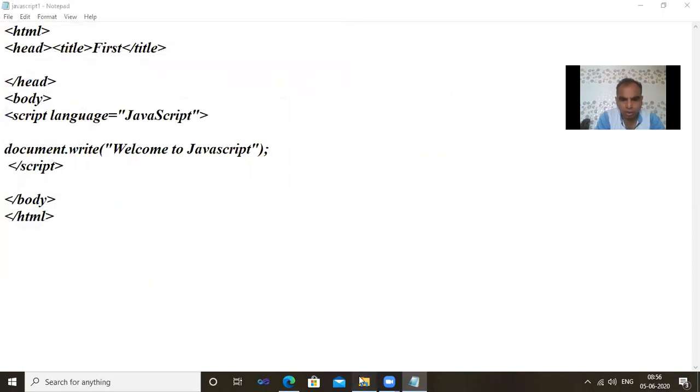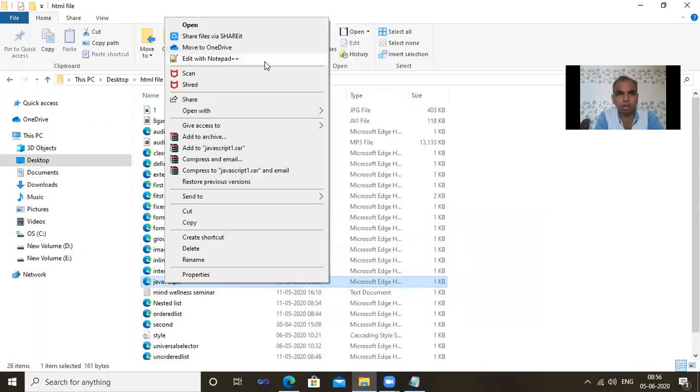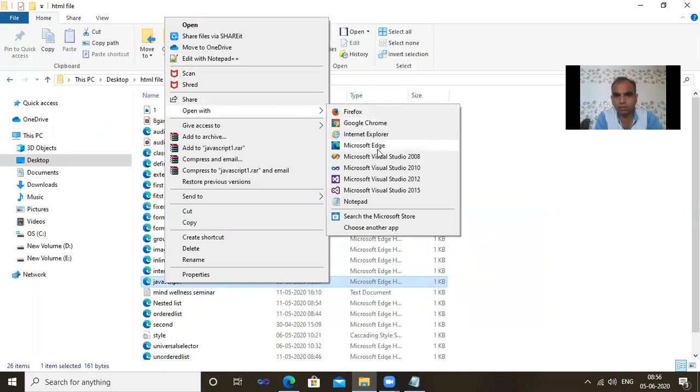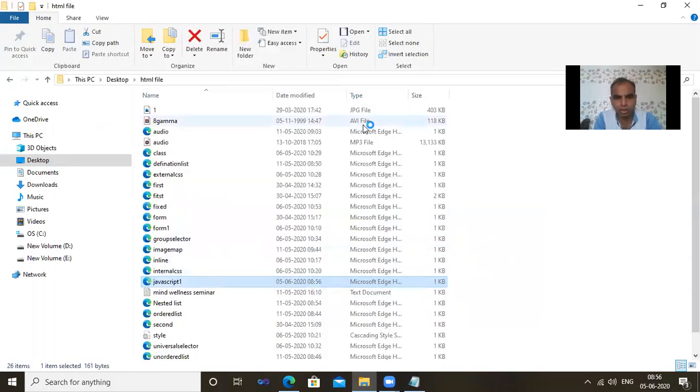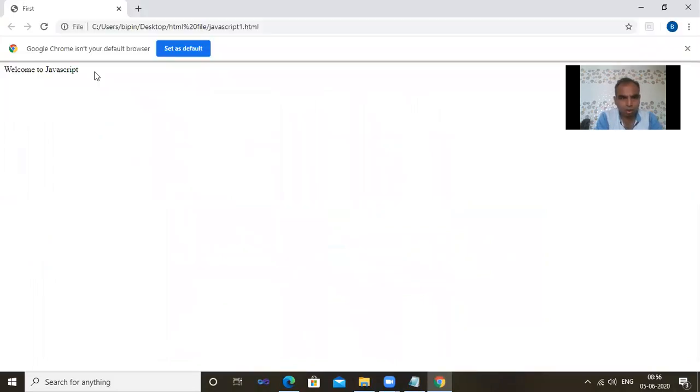Okay. Now you go to the particular folder, and we can see that file. Right click, open with your browser, Google Chrome, Internet Explorer, or Mozilla Firefox. Especially we have to plug in with JavaScript. So we can see the statement welcome to JavaScript, displayed with document dot write.